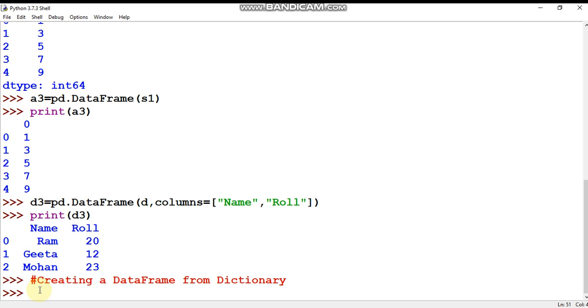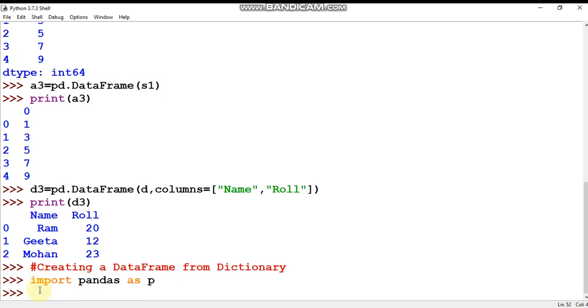First, I have already imported pandas, so no need to import. If you want to import once again, no problem: import pandas as p, suppose I want to use that.